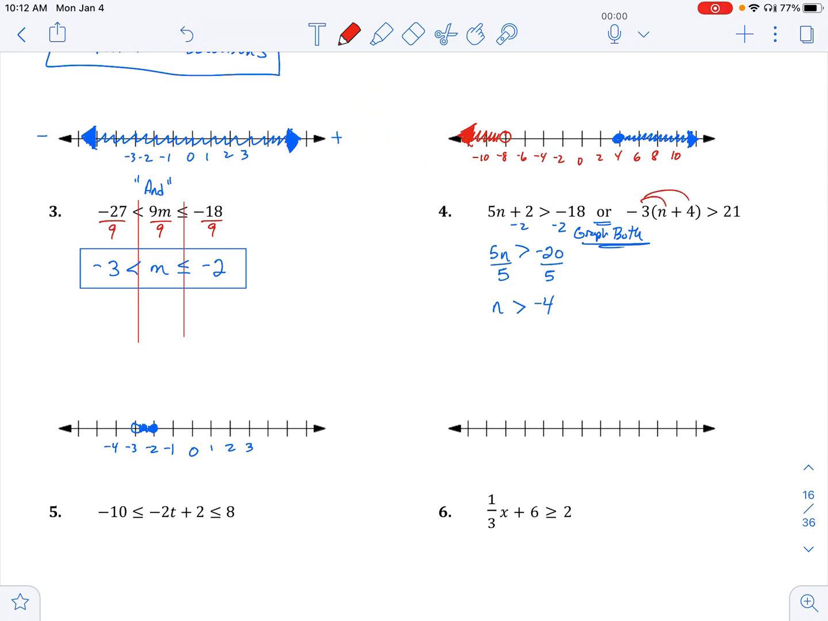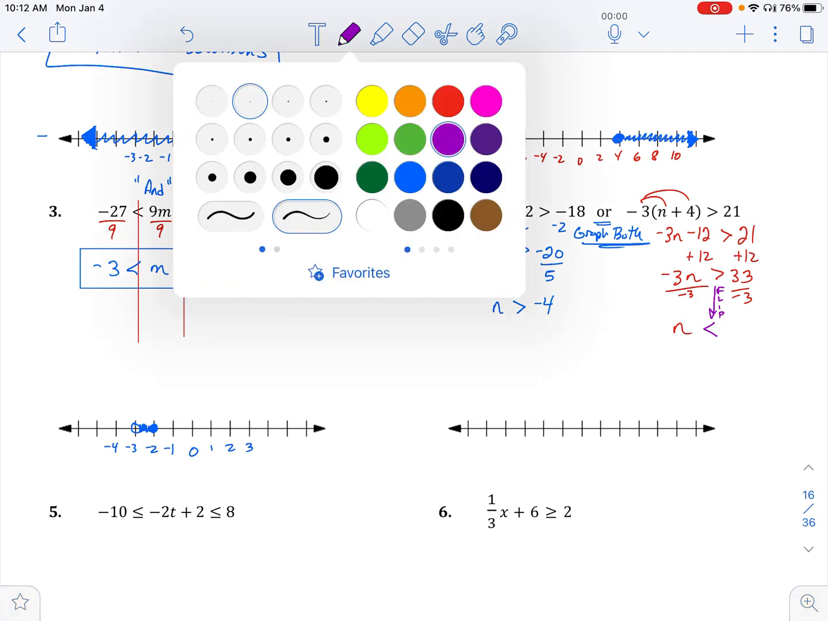In problem number 4, the second inequality, I'm going to distribute. I'm going to get negative 3n, negative 3 times positive 4 is negative 12, is greater than 21. I'm going to grab that negative 12, or subtracting 12, and the inverse is to add 12 to both sides. So I get negative 3n is greater than 33. I'm going to divide by negative 3. And we need to remind ourselves here that if we divide by a negative, we do need to flip this inequality sign. So here we're going to get n is less than